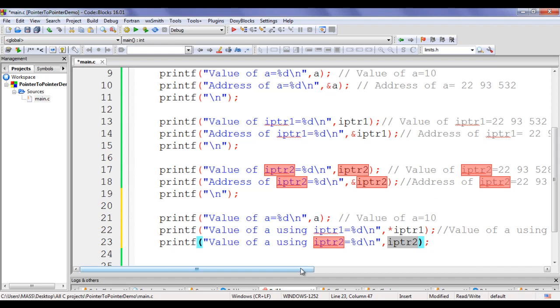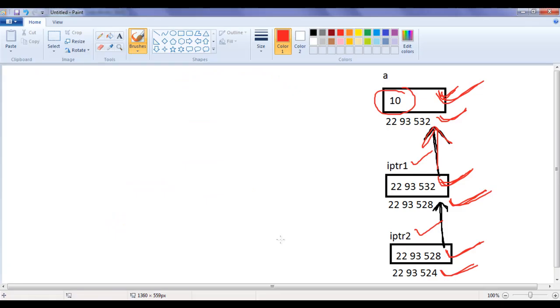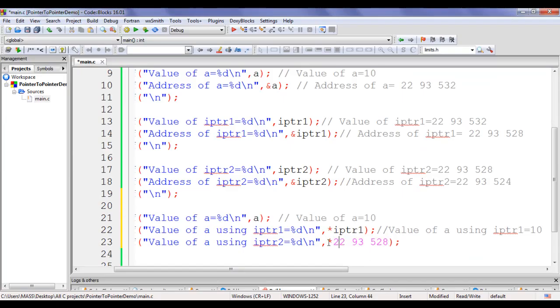What is value of IPTR2? Value of IPTR2 is 22,93,528. If I say here star, value at 22,93,528, value at 22,93,528 is 22,93,532 guys. So star 22,93,528 is replaced by 22,93,532 guys.